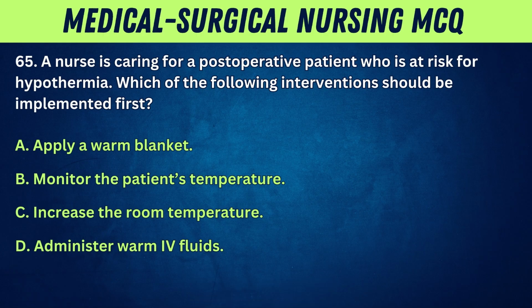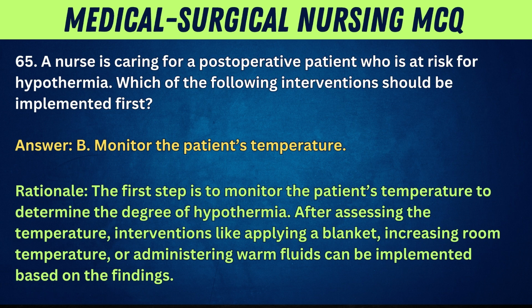65. A nurse is caring for a postoperative patient who is at risk for hypothermia. Which of the following interventions should be implemented first? A. Apply a warm blanket. B. Monitor the patient's temperature. C. Increase the room temperature. D. Administer warm fluids. Answer: B. Monitor the patient's temperature. Rationale: The first step is to monitor the patient's temperature to determine the degree of hypothermia. After assessing the temperature, interventions like applying a blanket, increasing room temperature, or administering warm fluids can be implemented based